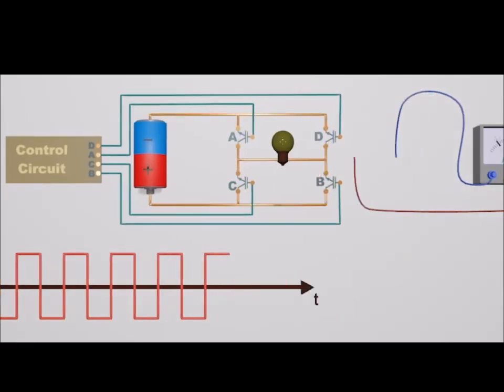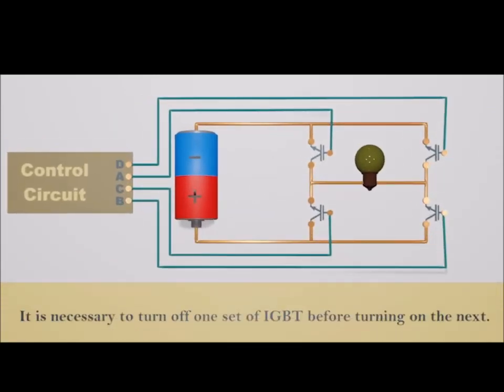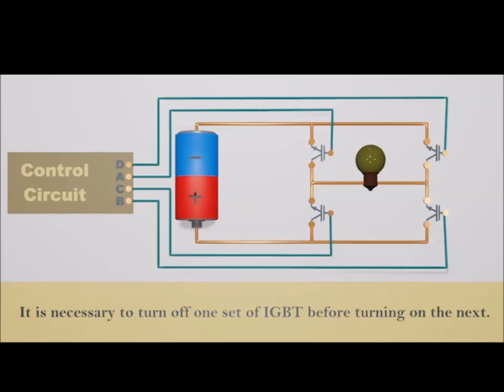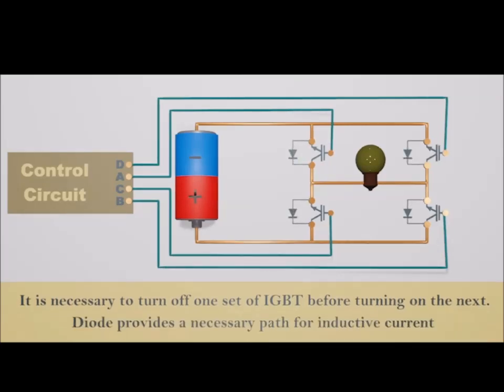To avoid damaging the IGBTs at short circuits, when changing polarity it is necessary to turn off one set of IGBTs before turning on the next. During the transition, all the IGBTs must go off at one point. We normally use a diode with an IGBT to provide a necessary path for inductive current in